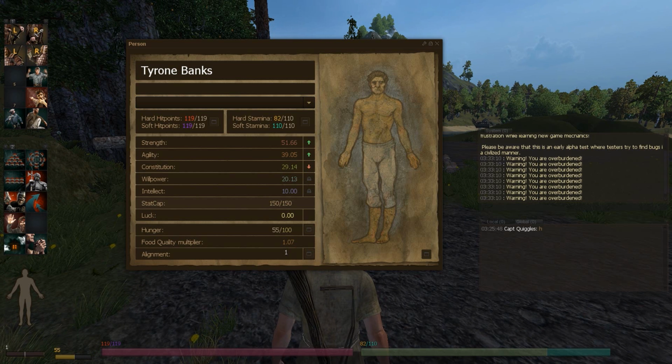Food quality multiplier will go down if you let your hunger level get low enough. Alignment is very important for PvP. The higher your alignment is, the less skill points you lose per death. But also, if you attack someone openly, your alignment will drop, and will even drop significantly more if you kill